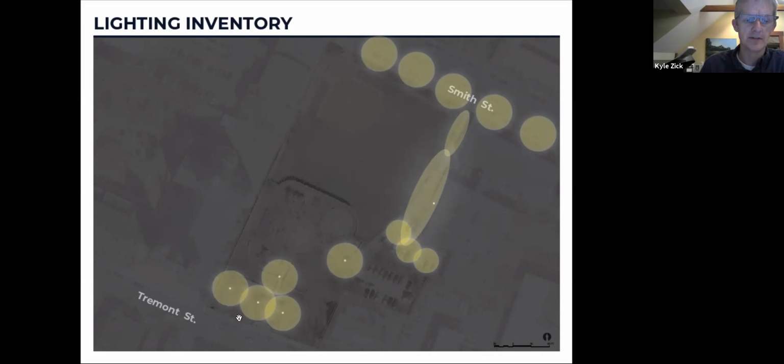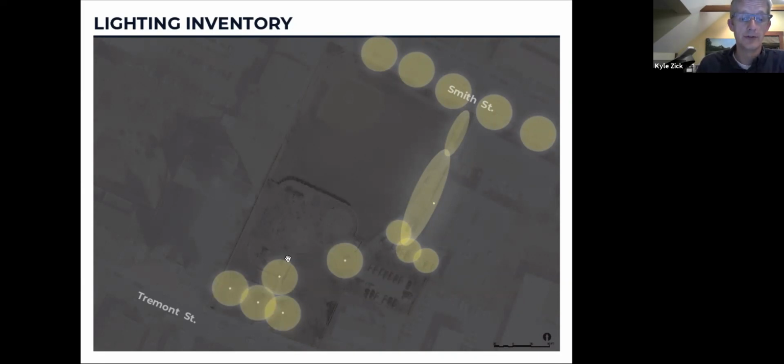And the passive part of the park, closest to Tremont Street, is very well lit. And each one of these circles represents a light fixture. There's a bright dot in the center, which is an actual light fixture. And the larger yellow circle is to give you an impression of how far that light extends. I also brought out a light meter to the site to be able to measure the light levels, and very good light readings in the passive park until you get closer to the library, and it gets dark fairly quickly.